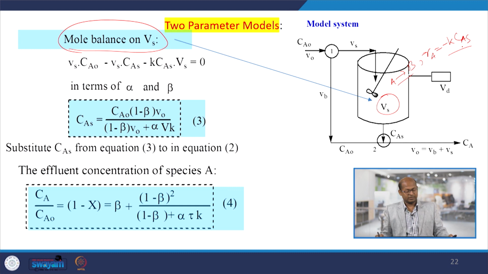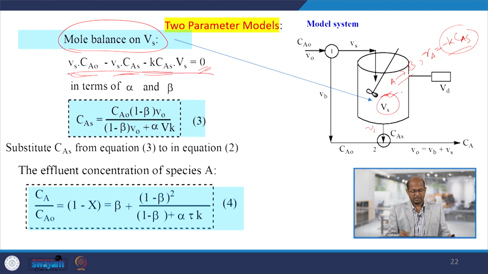Okay. So, here this is the inlet, Vs into C_A0, the output is also Vs into C_AS, and this is the rate, minus K C_AS into Vs. This is the rate of disappearance or generation, and the accumulation part is 0 at steady state. Now, these equations from the reactors, if we rearrange and express them in terms of alpha and beta,